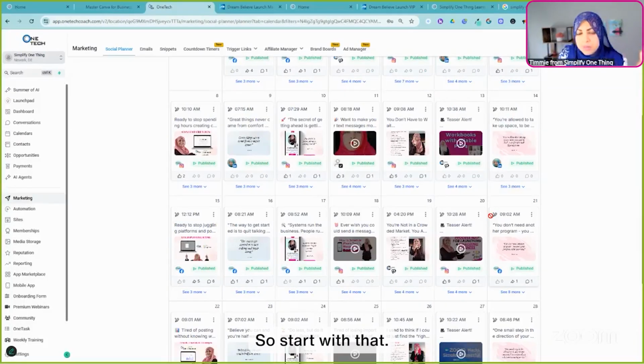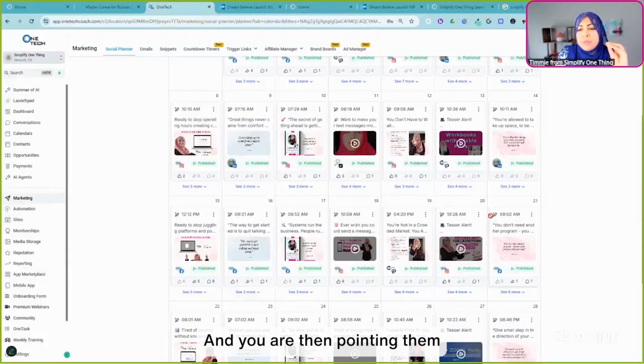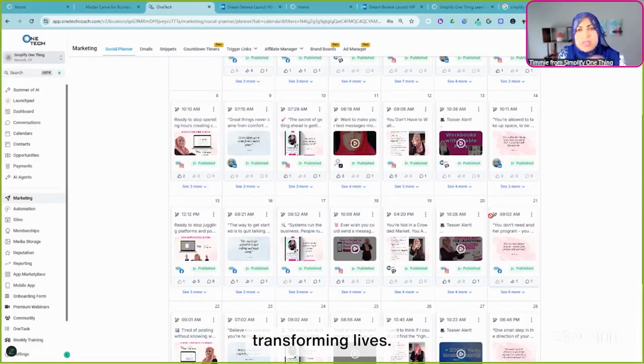So start with that. Start to post, start to show up, start to become visible, and you are really nurturing your audience, nurturing your leads, and giving them value-packed content. And you are then pointing them in the direction of your paid program, your solutions, so that you are transforming lives, you're helping people. The focus first and foremost needs to be on helping people, on changing lives, because if